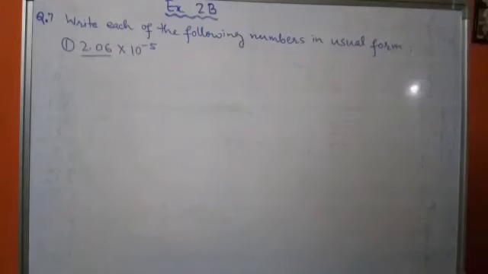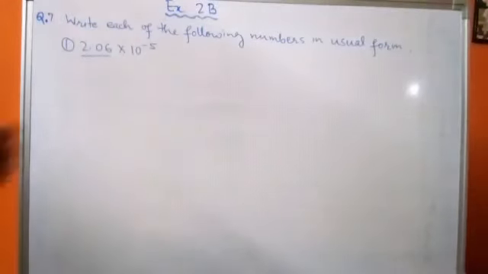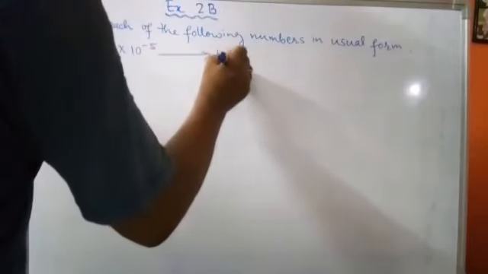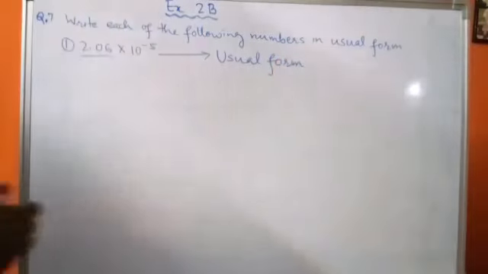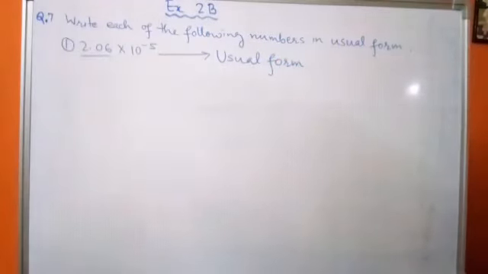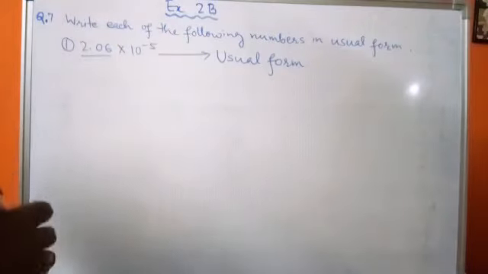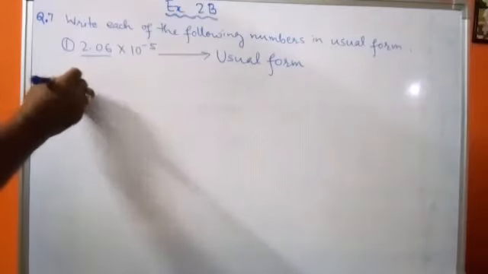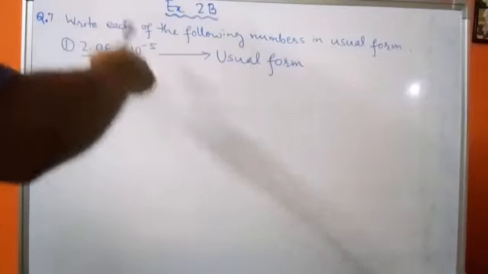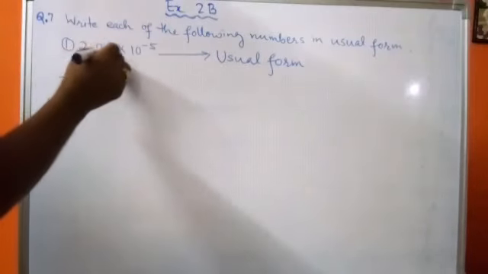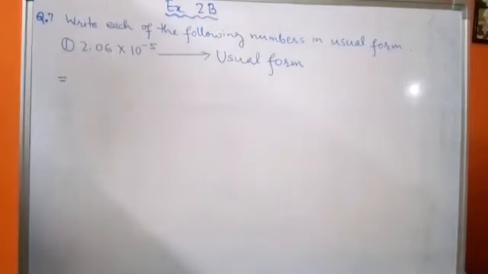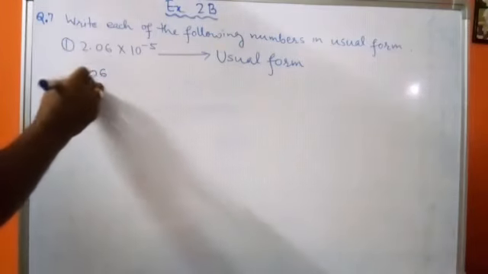Now in our next question, we see the number is given in standard form. We have to change this number into usual form. So dear children, what is the usual form of a number? See, the usual form of a number is the number without any negative or positive power. That is called the usual form of a number. That means we have to change this number, which is given in standard form, into usual form. First of all, this 2.06 is changed into A by B form, that is 206 by 10 to the power 2